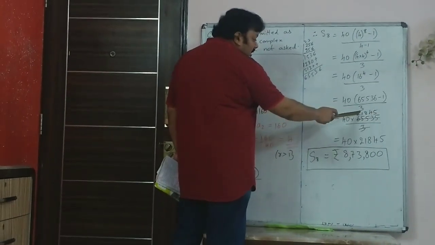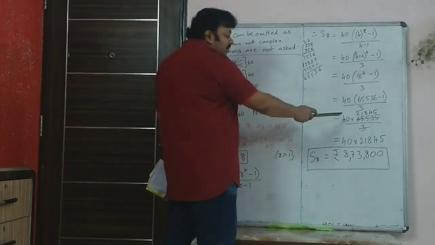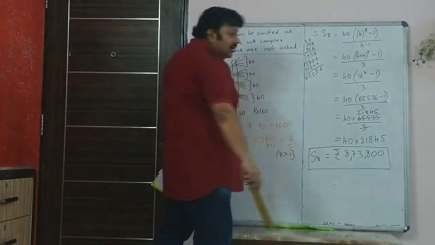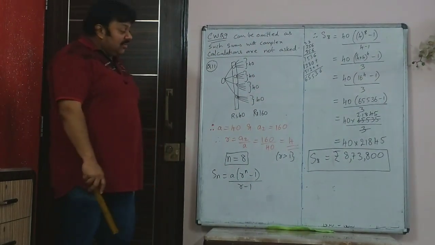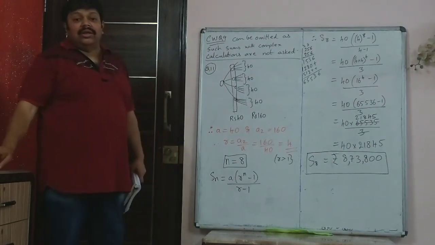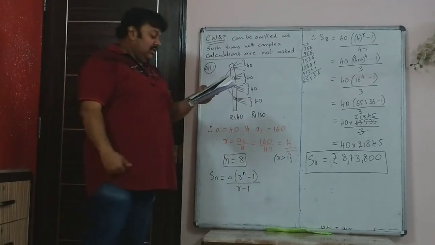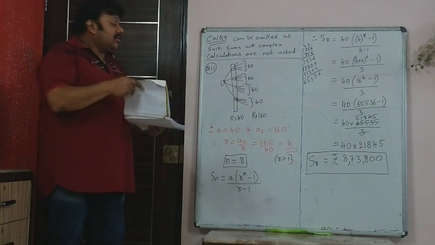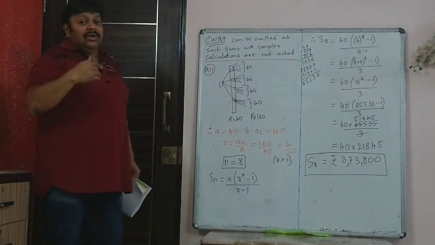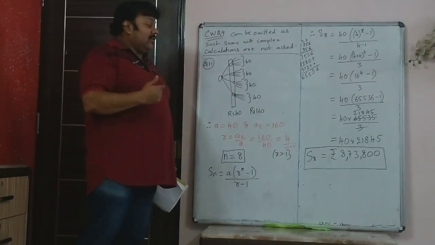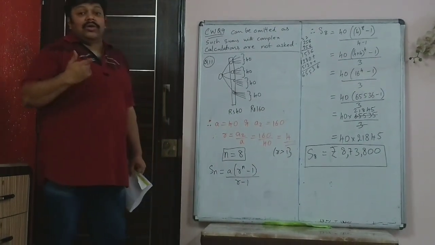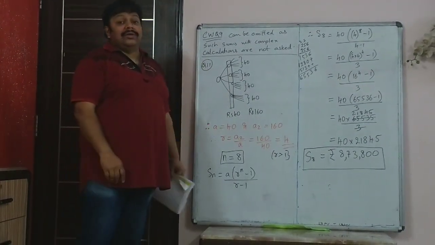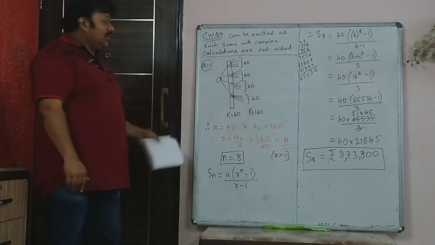65535 upon 3 is 21845. When you multiply it and do the calculation, you get 8,73,800 rupees the shopkeeper has got. That is the total money earned by the shopkeeper. So that's the answer, 8,73,800. So just imagine, he has got 83,780 customers because each of them paid 10 rupees. So that's the total amount collected from all those people, 10 rupees each.